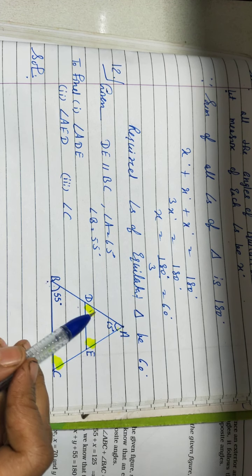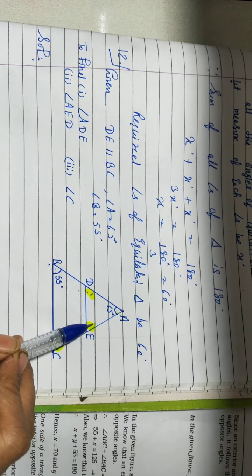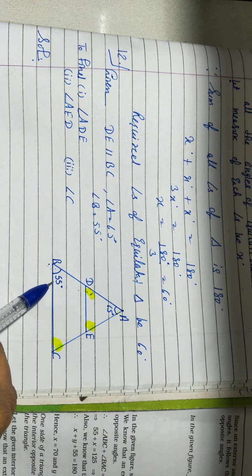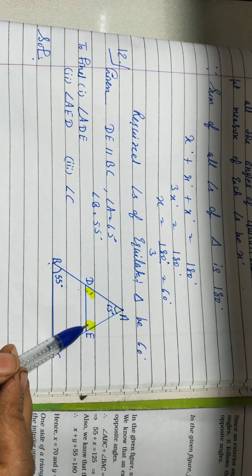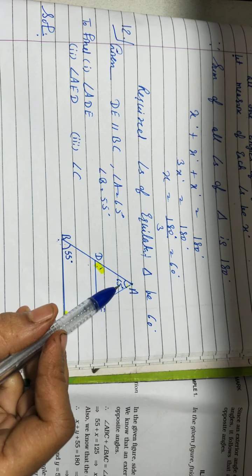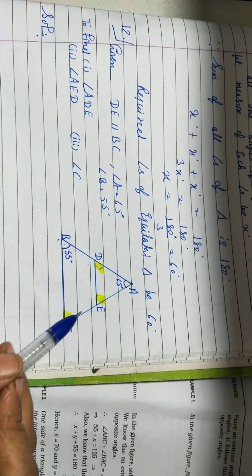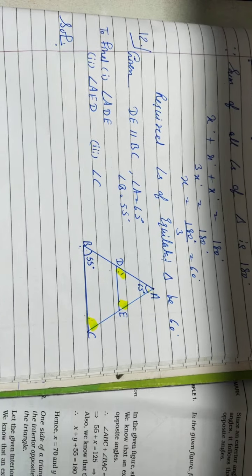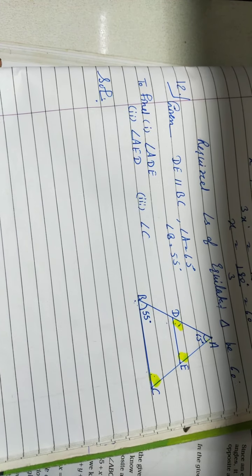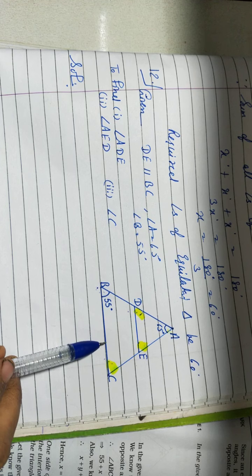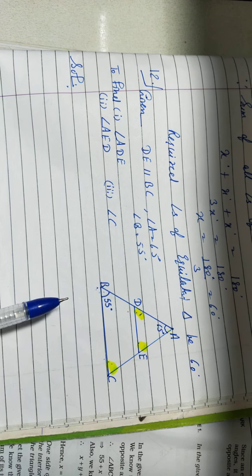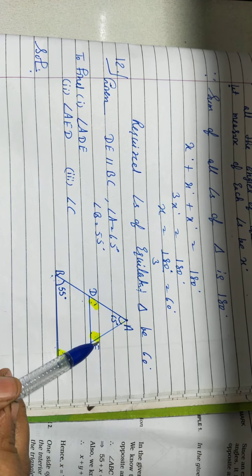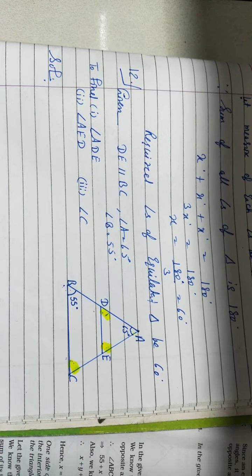Now you have both of these angles. You can find the third angle using the angle sum property. You will find this angle, then angle C is equal to angle AED, again corresponding angles. Getting it, class? We will use the corresponding angle property two times and the angle sum property of a triangle once. Again, have a look: this angle by corresponding angles, this by the angle sum property, and this again by corresponding angles.